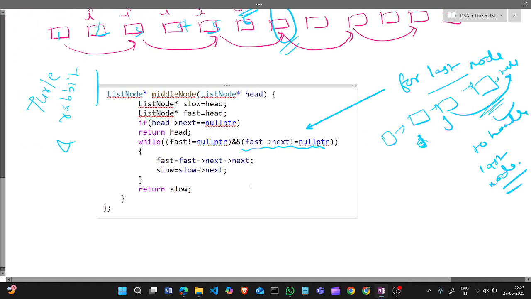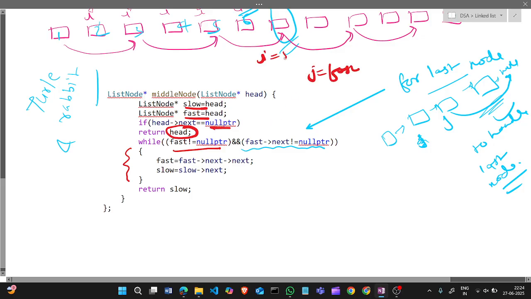Watch this. So there are two pointers, slow and fast, and if head next is null, it means there is only one node, so return the head. Okay, so we will run this loop. Here j is fast, and i is slow in our example.